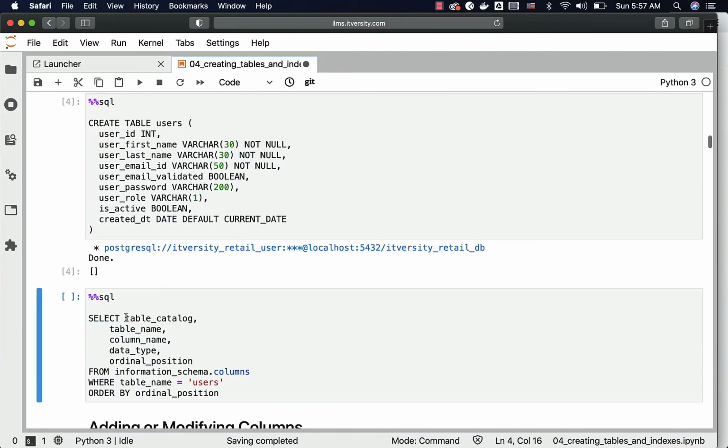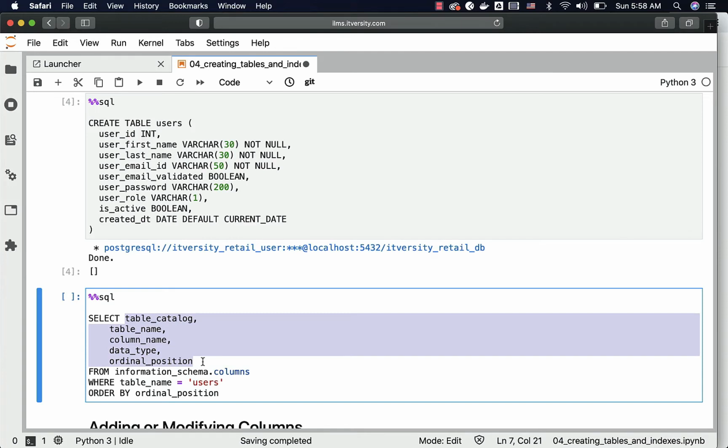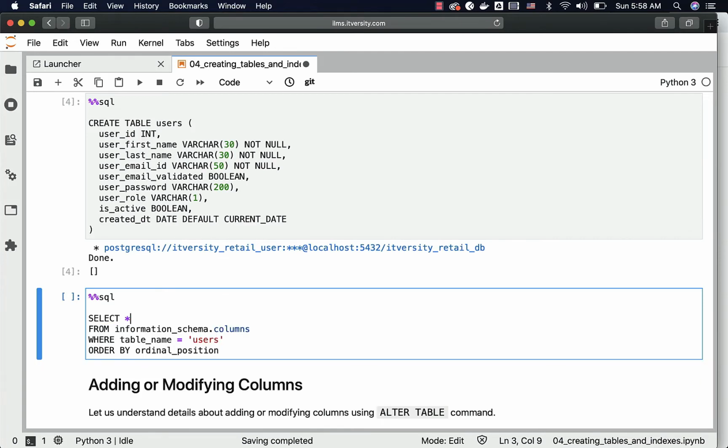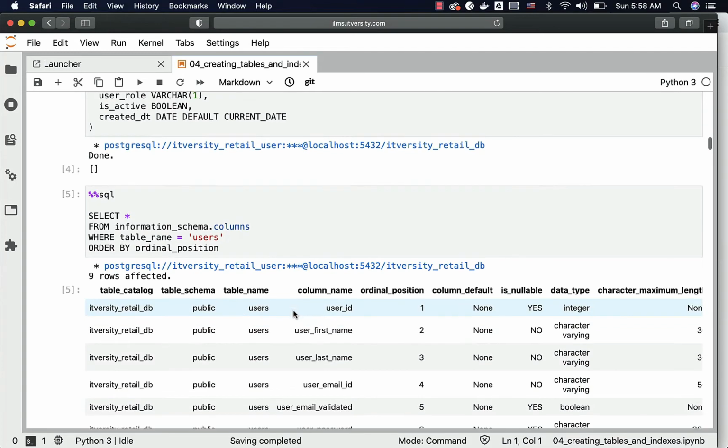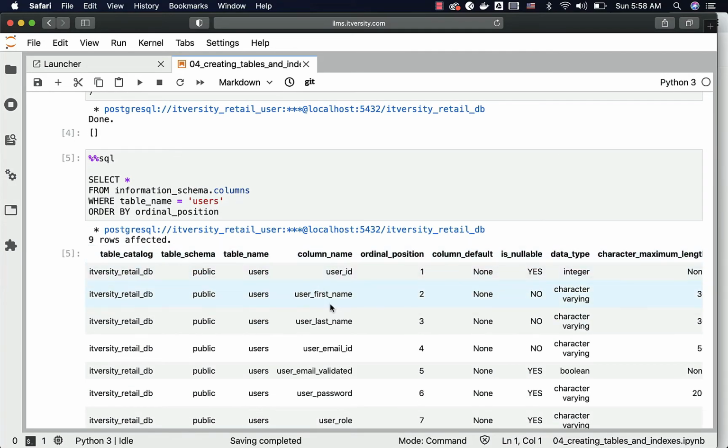Now you should be able to see the metadata in the table called information_schema.columns. If you say select star from information_schema.columns where table_name equal to users ordered by ordinal_position, it will give us all the metadata related to this table called users. You have table_catalog, which is nothing but the owner using which we have created this table, table_name, the table name itself, column_name, the columns that are specified as part of the create table command, ordinal_position, the position in which the columns are defined while creating the table, then column_default, is_nullable, data_type, and so on and so forth. You can get all the information you are looking for from the table columns using this information schema view